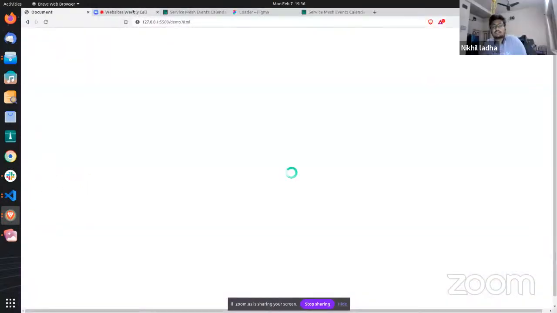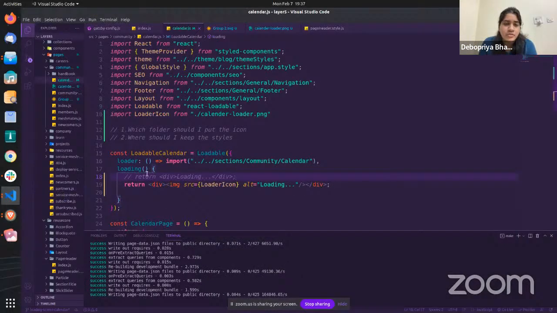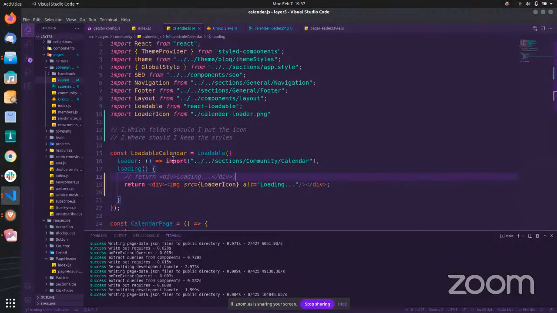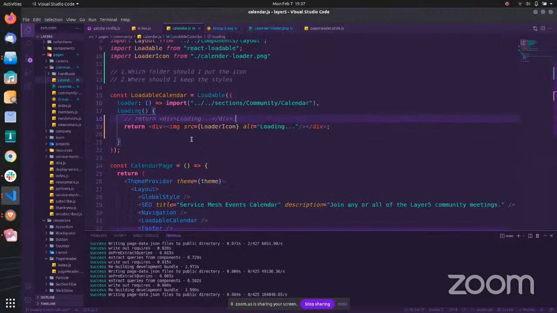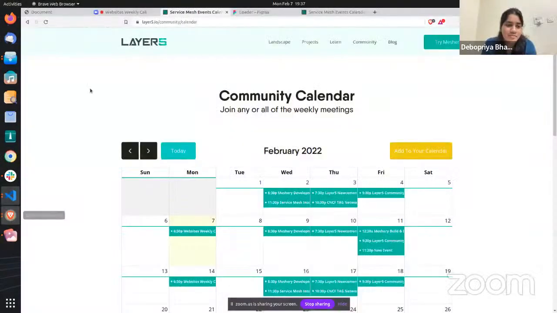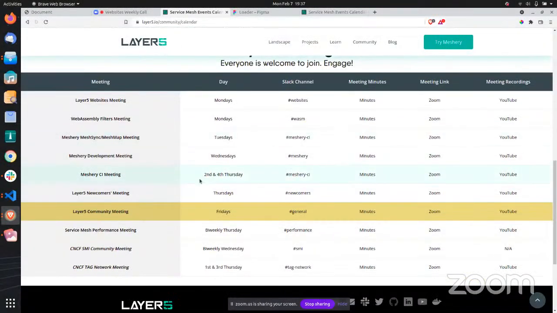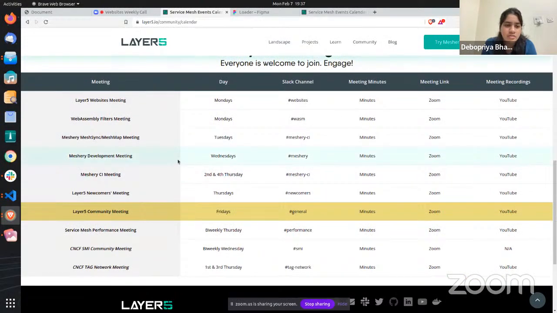Unless anyone else has anything to point out, I don't have any issues. You were also working on changing, if you scroll down on the calendar page, the highlighting.